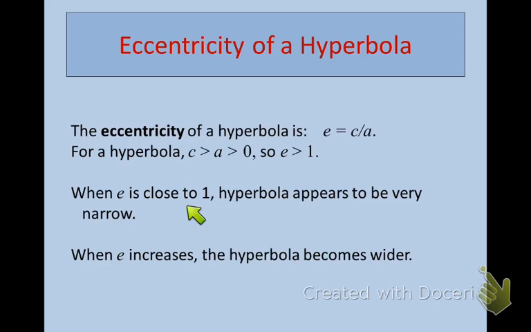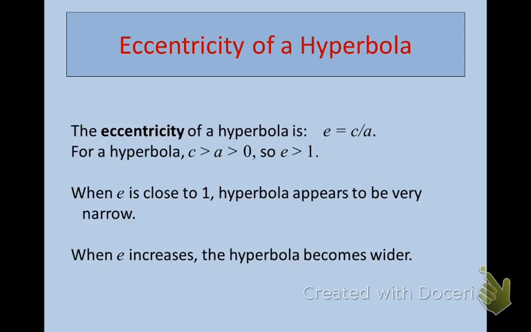So again, what you want to think through is if E is close to 1, then that means that your C and A values are really close, right? And if your C and A values are really close, then your B value would have to be very, what? Small. Because if C squared equals A squared plus B squared, and A squared and C squared are already close, you would have to add very little onto A squared to get C squared, right? So B would be really small, and B tells you how far out to go from your vertex, right? And if you're going out just a very small amount, it's going to make a really skinny looking